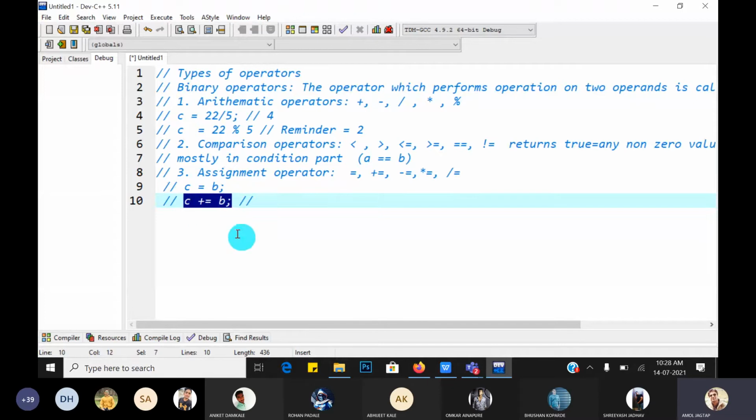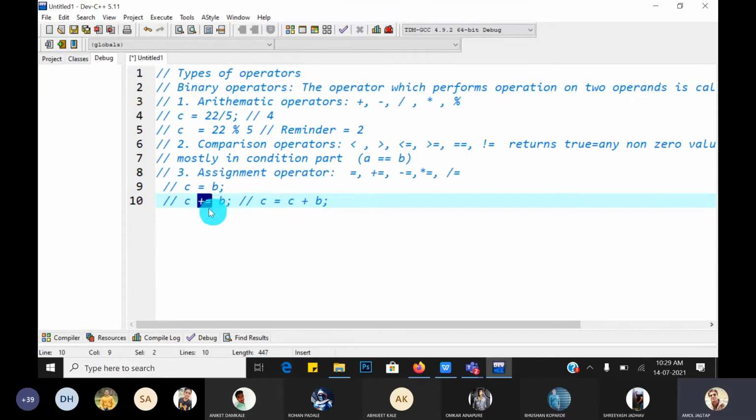The preprocessor expands this shorthand notation into longhand notation, so the compiler understands the statement. The long form of this is C is equal to C plus B.